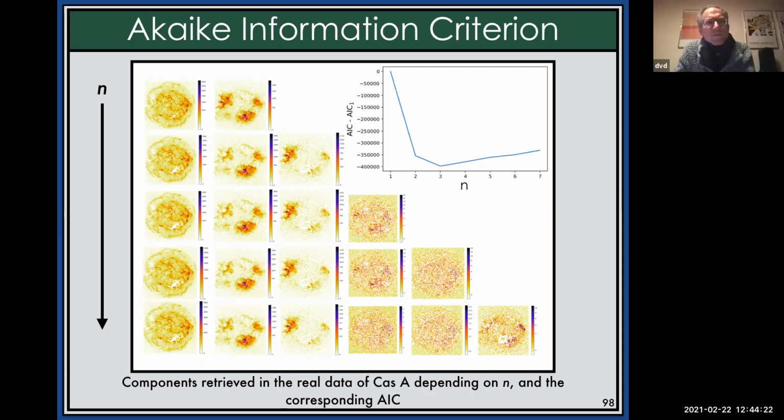But some of that noise you apparently think is real, because you didn't choose n equal to 3, you chose n equal to 4. Yes, because we saw with some tests that it was better to, as it was supposed to be Gaussian noise, which is not the case with X-ray data, select a fourth component just to hold noise, like the residuals. But later in the presentation I will show that it proved not useful.